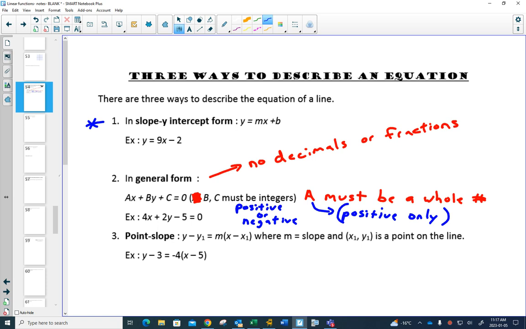Now, every equation also has what's called its general form. In the general form of the line, you move everything over to one side of the equation. You get rid of all fractions so that a, b, and c are just integers. And in addition to that, you can always move something so that the a value is positive. So one of the things we're going to do is if